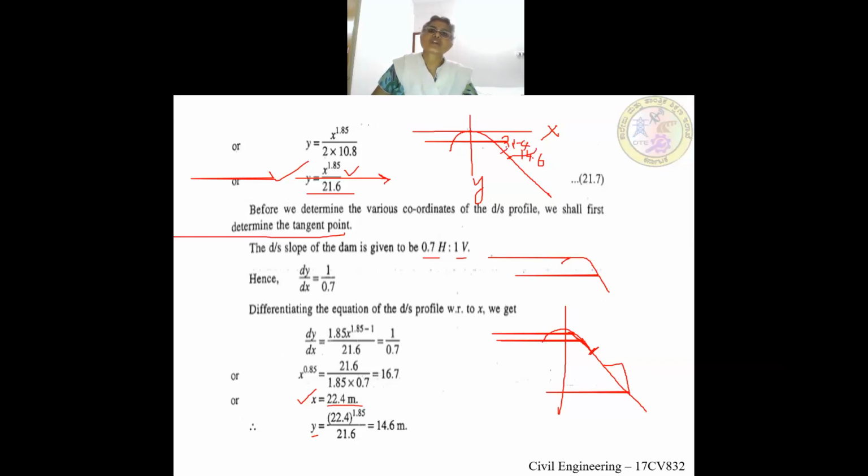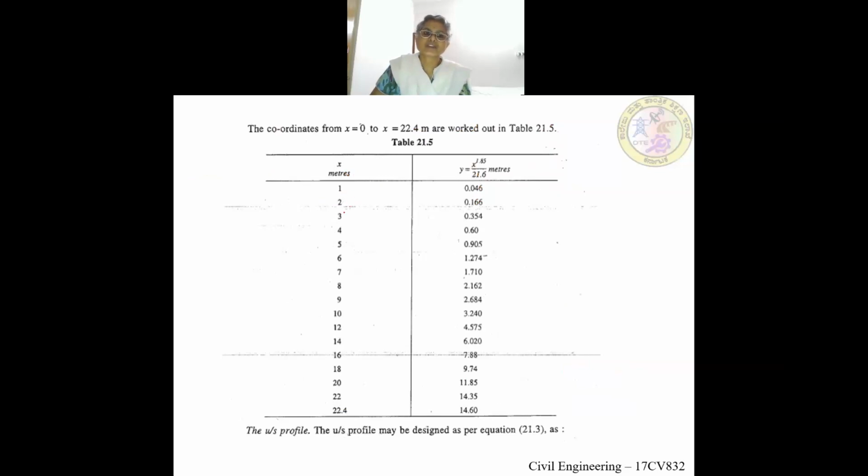Now you determine the xy coordinates of other points. You start from 0. Put x is equal to 0, get the corresponding value of y. You will automatically get 0. Then put x is equal to say 1. What is the value of y? So like this, for every value of x up to 22.4 meters, you find out the coordinates of the points of the profile of the crest on the downstream side using this equation. This is the empirical formula. That empirical formula we have simplified here. See, for 1 meter, 2 meters, 3 meters up to 22.4 meters, you will get all these points.